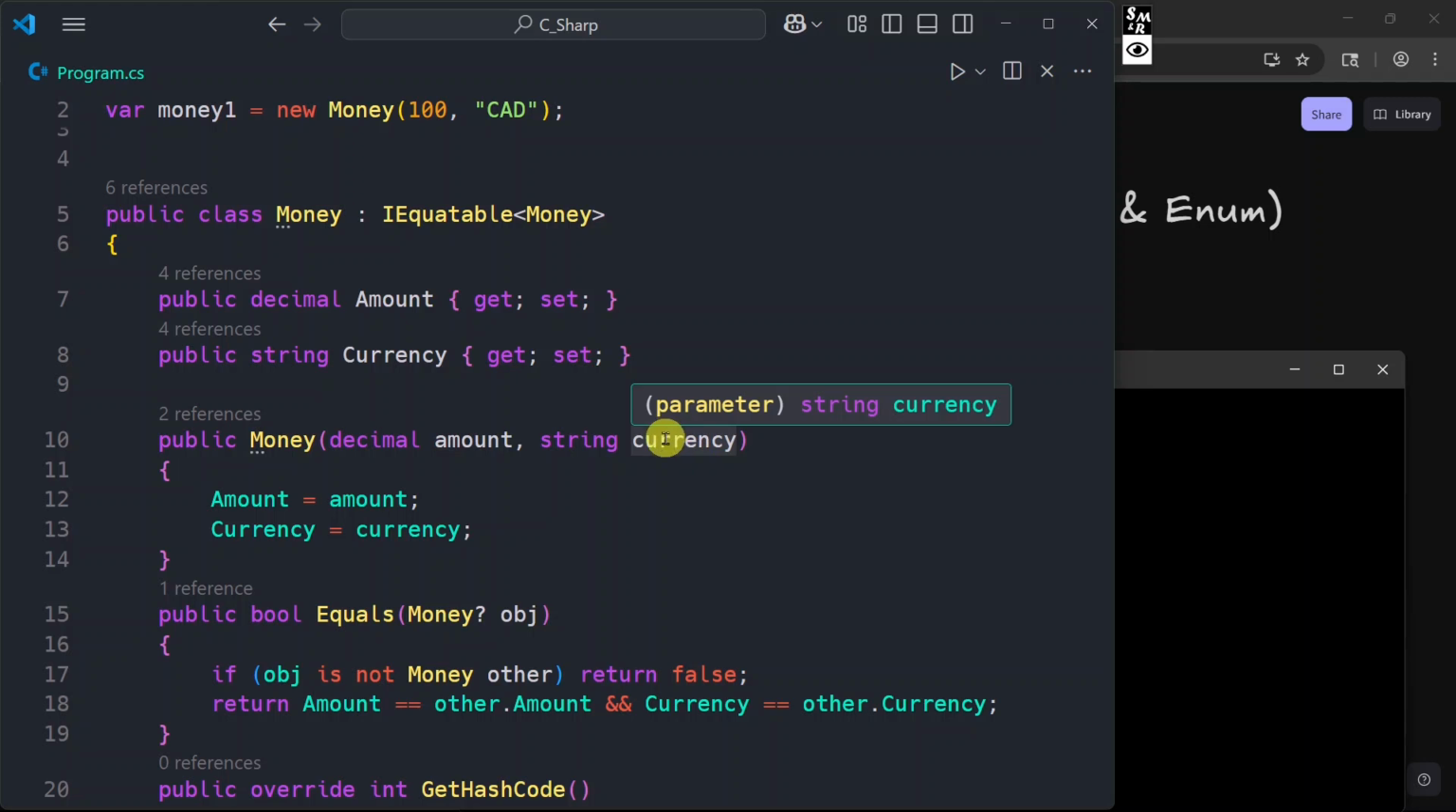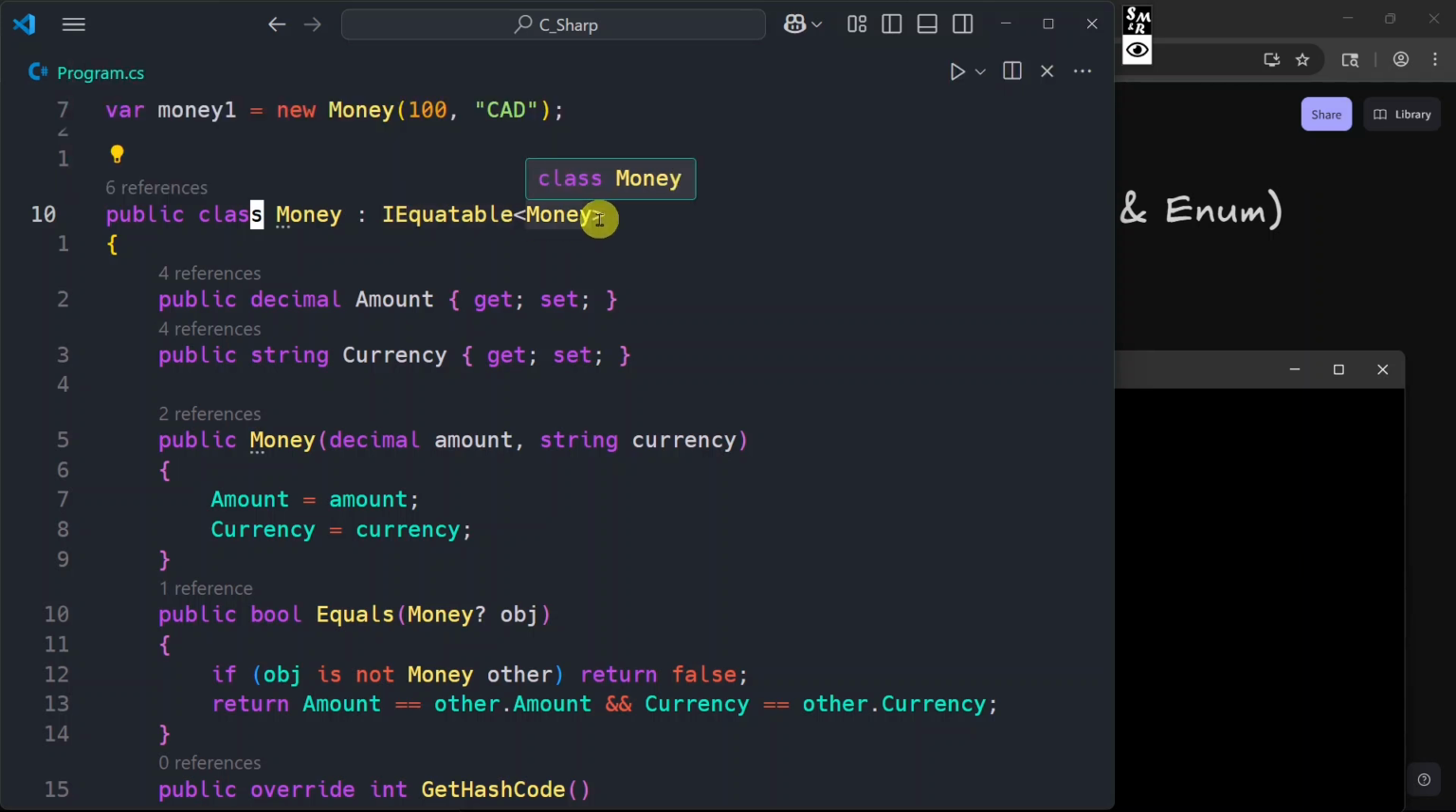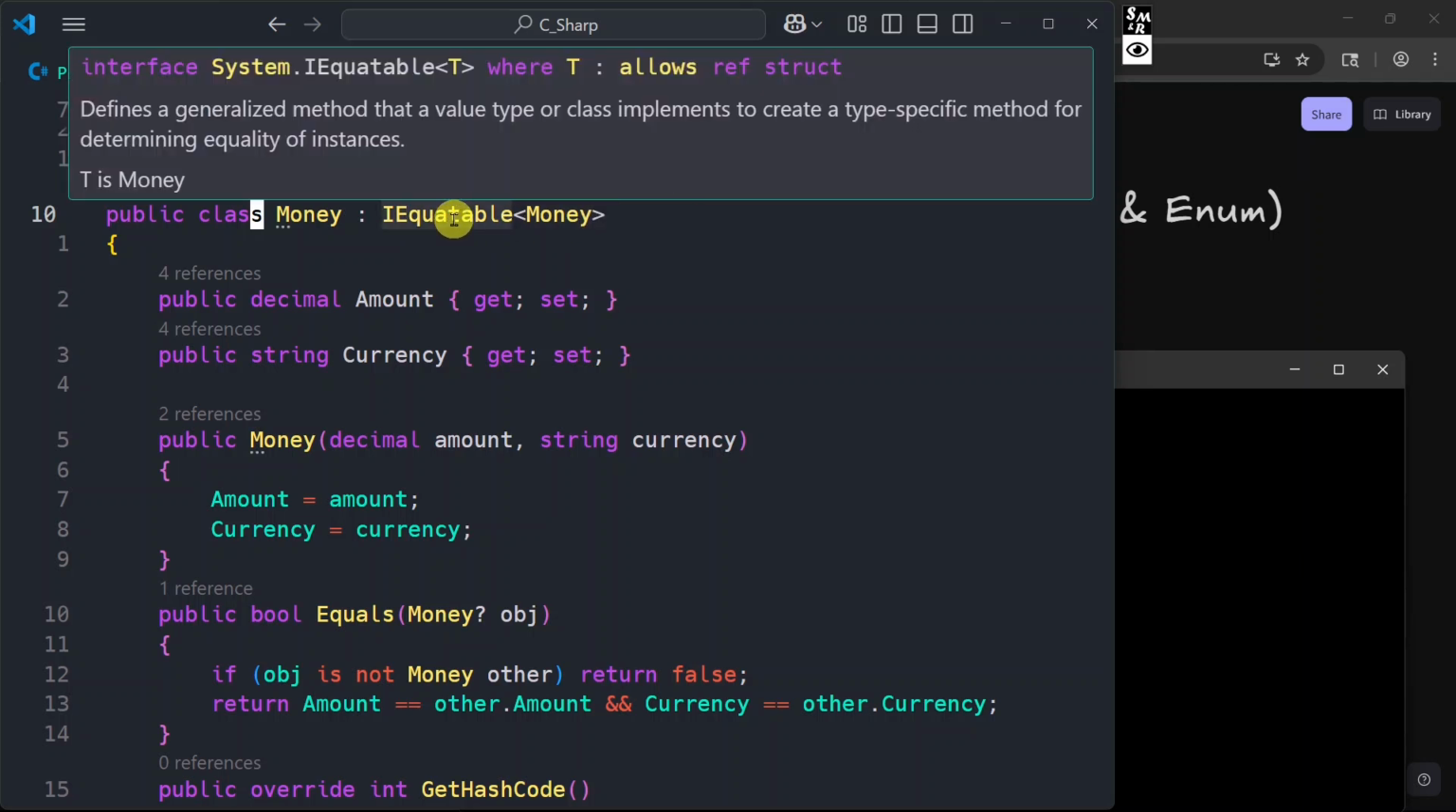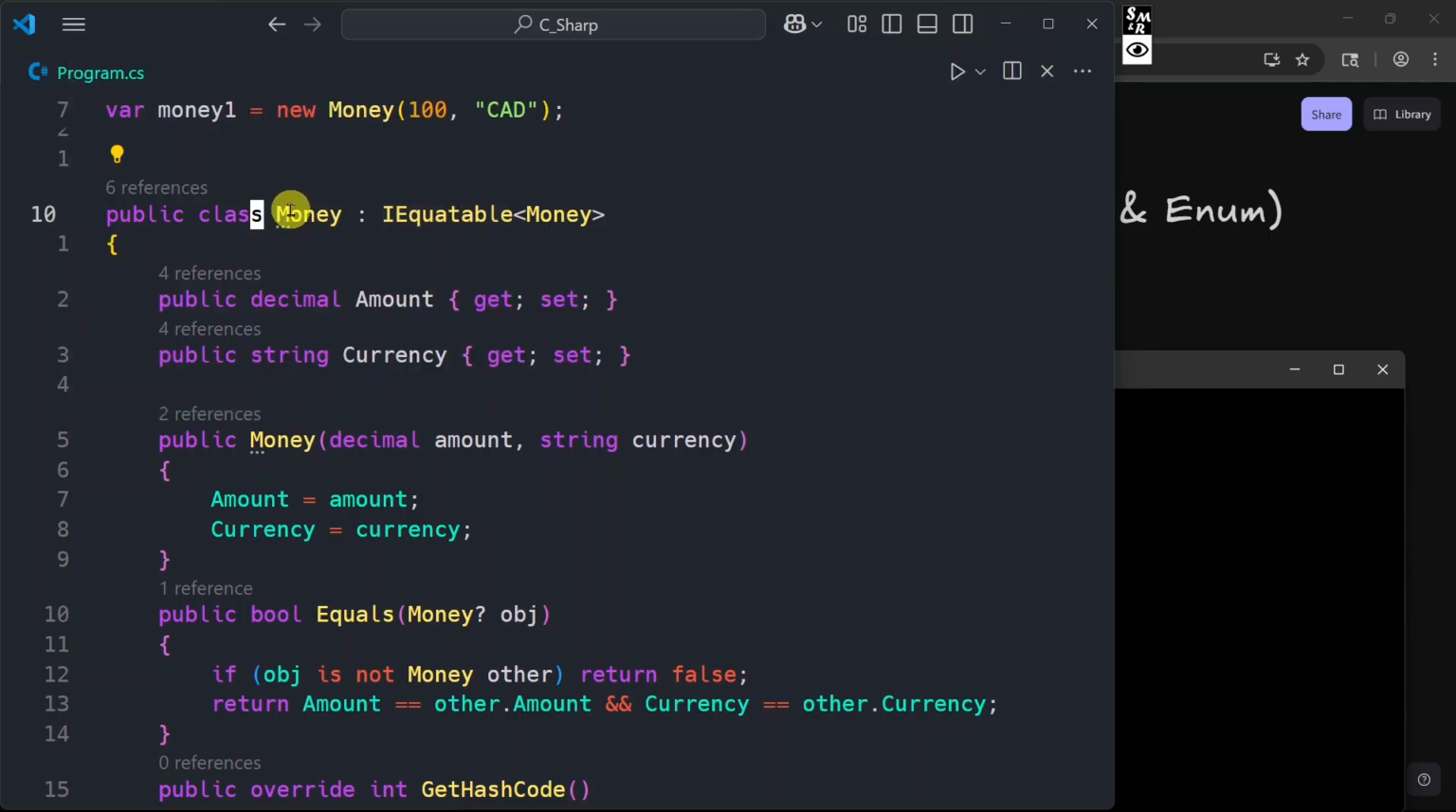So why does this matter when we're talking about records? Well, because records are perfect for implementing value objects. If we were to change our class, this class over here, because we have to inherit from IEquatable, which defines a generalized method that a value type or class implements to create a type-specific method for determining equality of instances. If we were to change this to record class, we have to do it this way if we're using a class. But if we were to change it to record,